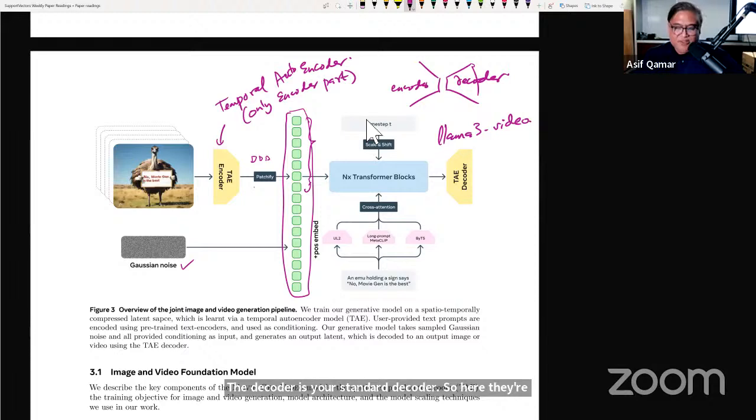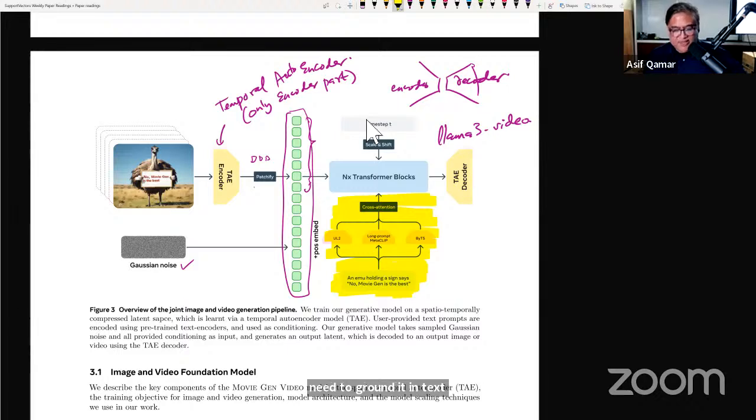Again, this is the temporal autoencoder's decoder part, but here they have implemented it using Llama 3 video. But the interesting thing, and the thing to remember, is you need to ground it in text, because